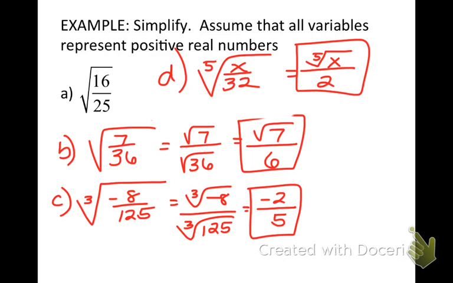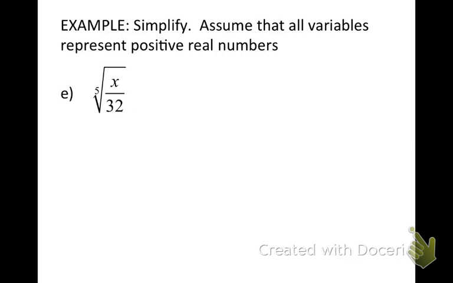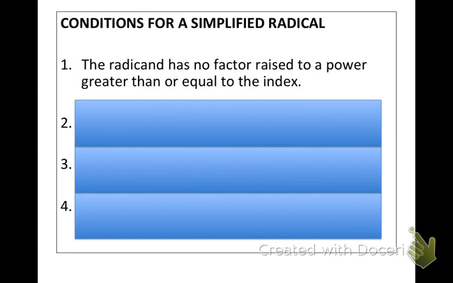Okay, so now we need to make sure we understand all the steps necessary for simplifying radicals. So this is where the harder stuff comes into play. So there's 4 steps that I want you to write down that we need to make sure is occurring when we say simplify a radical. So, condition number 1. When you're asked to simplify a radical, you need to make sure all of these things are checked off. So conditions for a